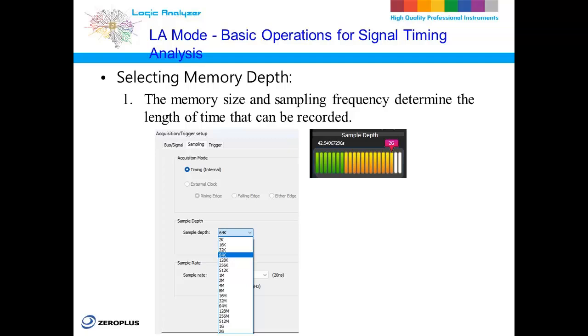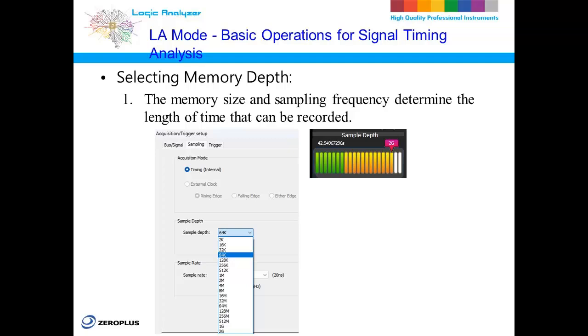If you need to record a signal for a long period or monitor for an extended time, it's crucial to choose a larger memory depth. This ensures the measurement won't be interrupted when the memory gets full. If your measurement requires precise capture of every detail of the signal, selecting the right memory depth ensures that even at high sampling frequencies, you'll still be able to record a long enough duration for accurate analysis. By choosing the appropriate memory depth, you'll be able to better capture and analyze signals, improving both the efficiency and